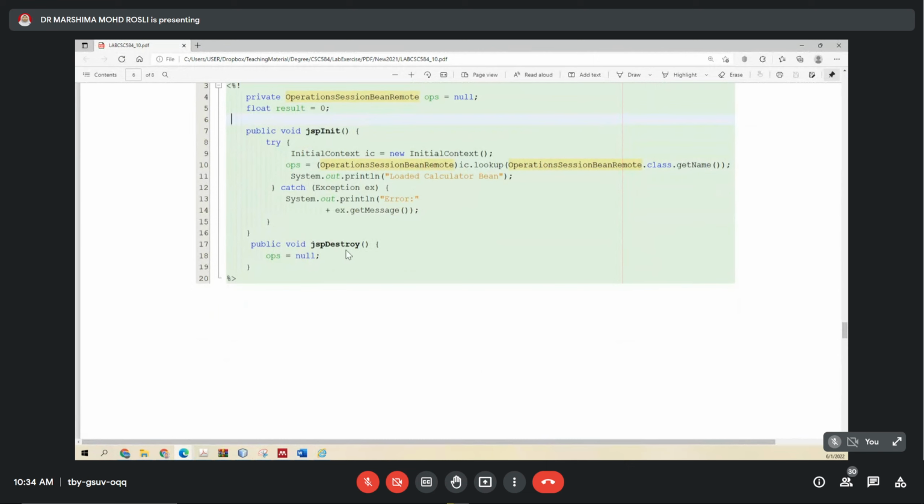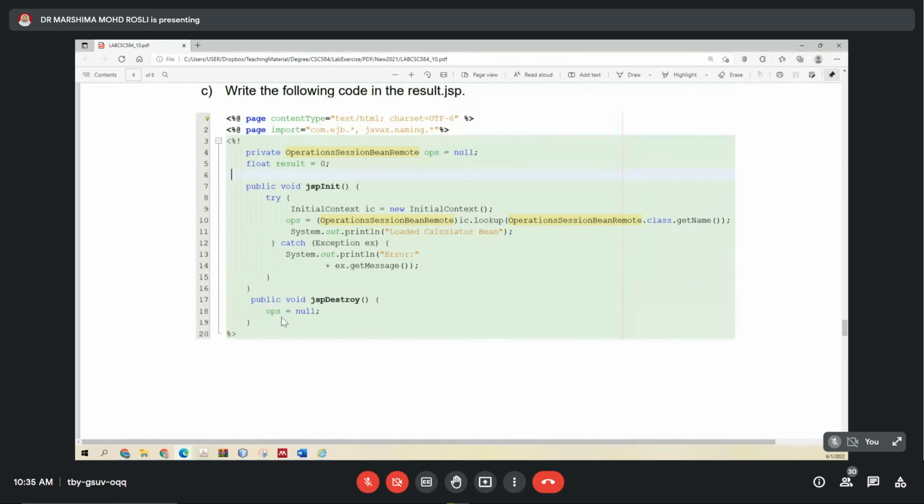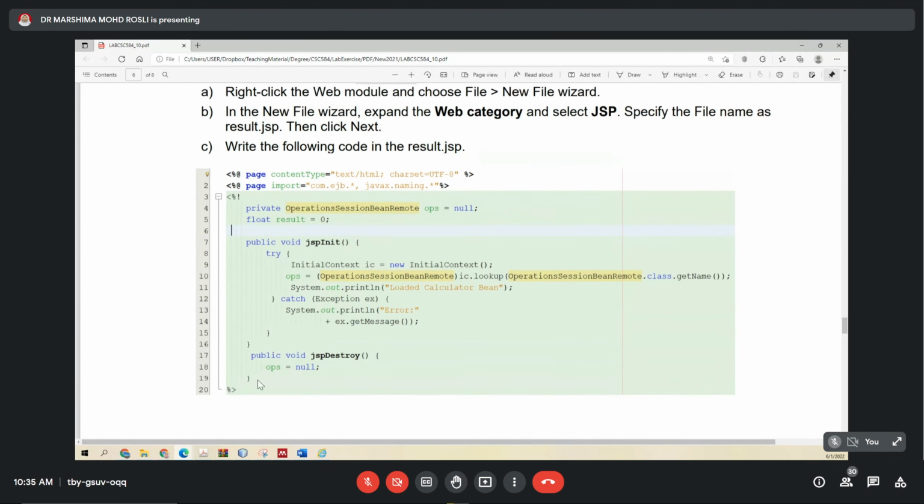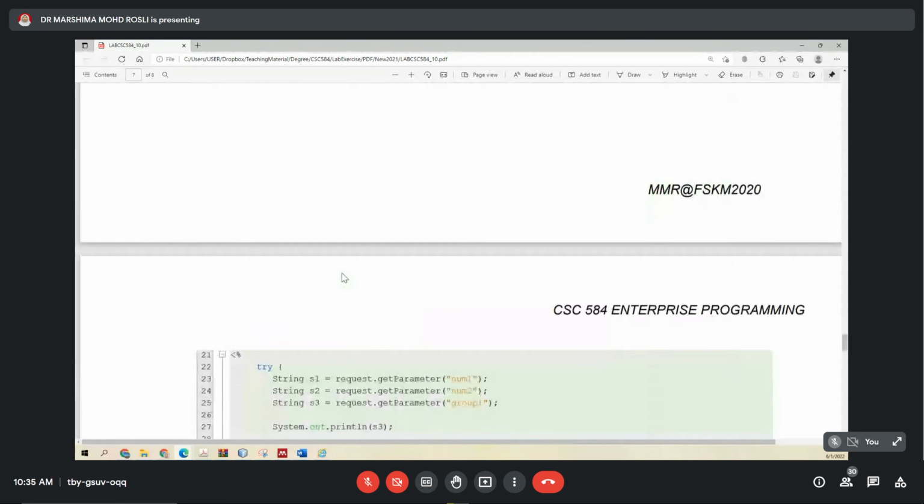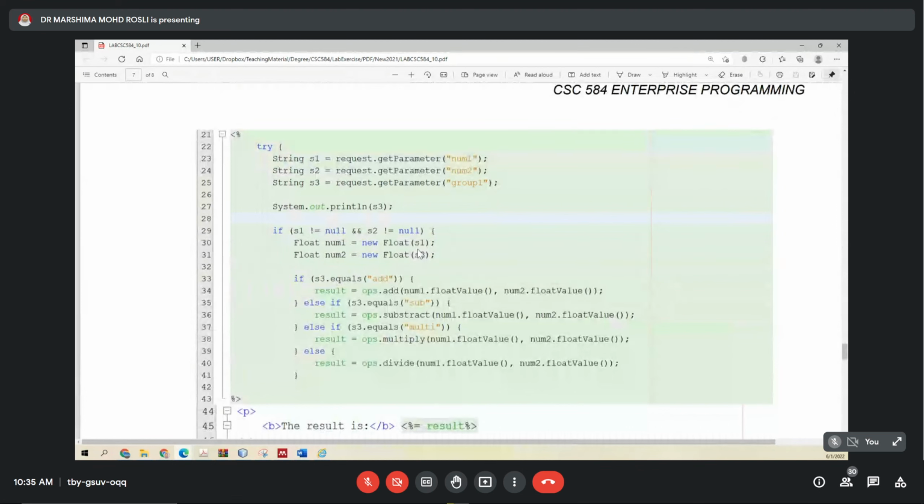For destroy, basically destroy will be called when you close the browser. So the ops will be initialized to null. So this is init and destroy in the first few lines of the result.jsp. Right, next, following it, you have the